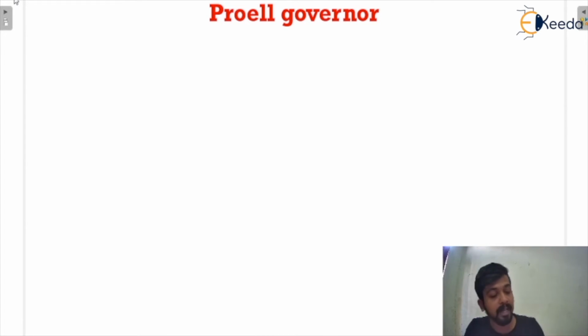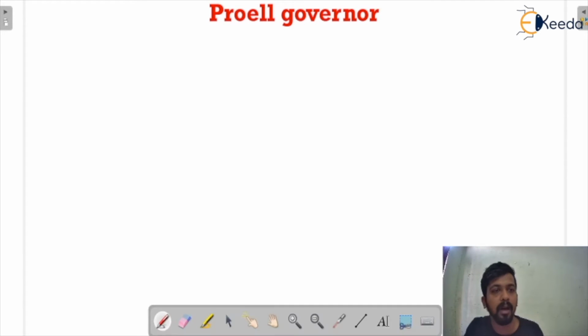In the Provincial Governor, we will calculate the same thing, that is the height of the governor. But what is the difference between the Porter and the Provincial Governor? We will see when we get the result for the Provincial Governor. First we need to draw the diagram for the Provincial Governor, which is similar to Porter and Watt, but with a little difference.